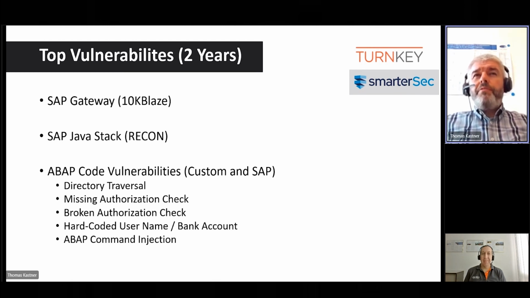I've tried it myself, and it took me 10 minutes to walk through the instruction, do the install, and break into an SAP system. So it's quite simple, it's easy. And that's the reason why you should really take care, do your patch management, and harden the configuration of each of your SAP systems.